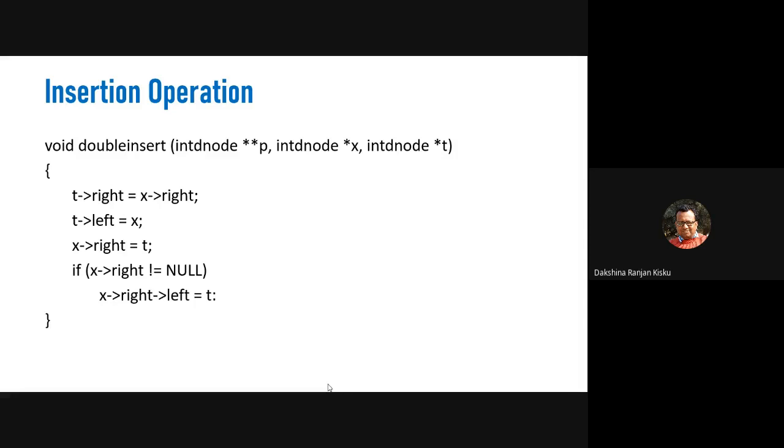Now can you tell me why I am using double pointers instead of a single pointer? In the last class you have also seen the double pointers in insertion and deletion function definitions for a single linked list. Here I am also using double pointers. Can you say why I am using double pointers for the head pointer instead of a single pointer?